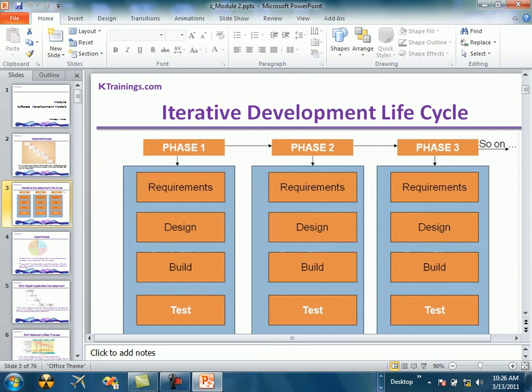In each phase, they make a baseline of the software, a core working piece, and then they keep on adding features. So in iteration 1, phase 1, they make the requirements only for patient management, design the software for that, build the patient management module only, and test it. Then they add the user management feature in iteration 2, phase 2.